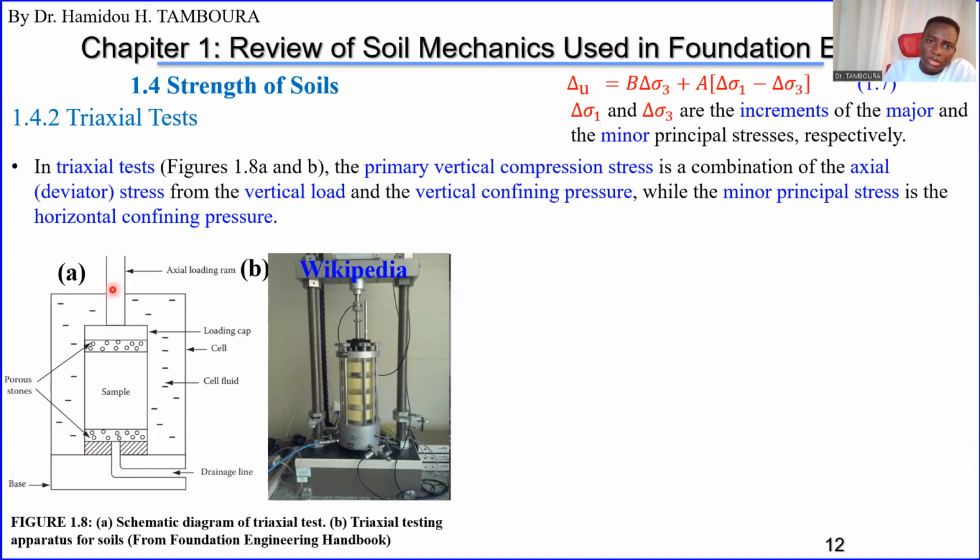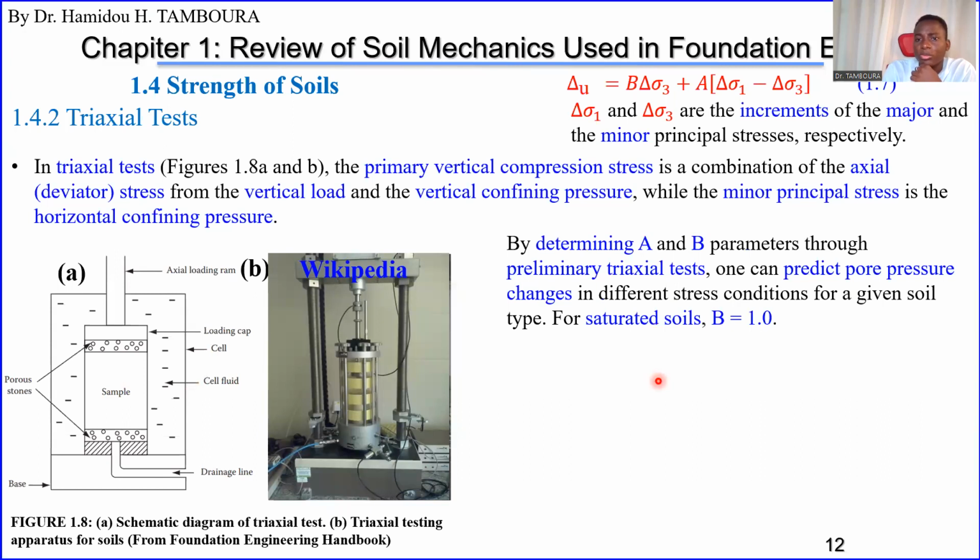Okay, that is the principal compression stress. The second one, the minor one, is only the fluid cell. Maybe it will act from everywhere, of course. That is the meaning. Horizontally, this way, but the value is equal to the cell fluid pressure, the confining pressure. So by determining this coefficient A and B, the Skempton's parameter, through preliminary triaxial tests, we can predict